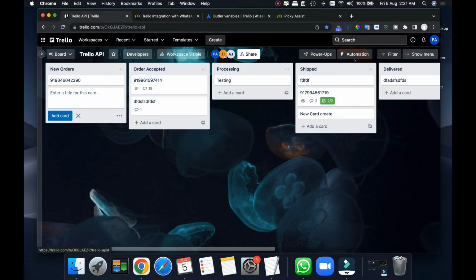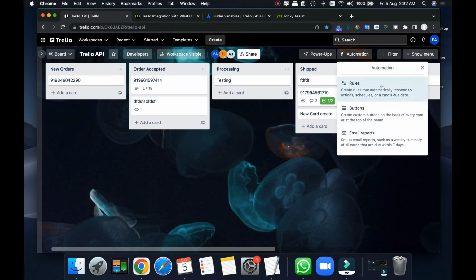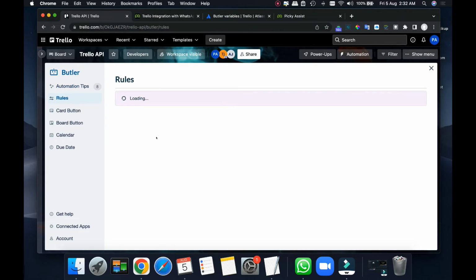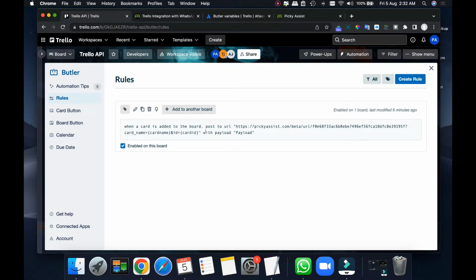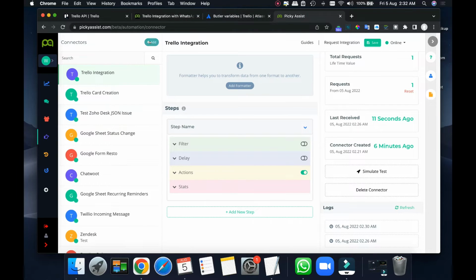If you are creating more automations, always make sure that you create a specific automation for one event. Right now we created one automation here for the card moving. If you want a comment to be added, similarly repeat the steps by creating more rules. But if you are creating any other automation, make sure that you create another connector URL here. Based on that, you will have better control. That means for each event in Trello you can create different connectors.